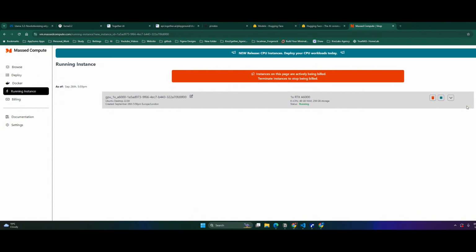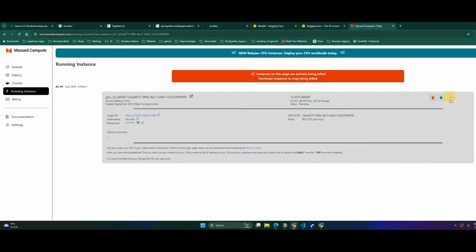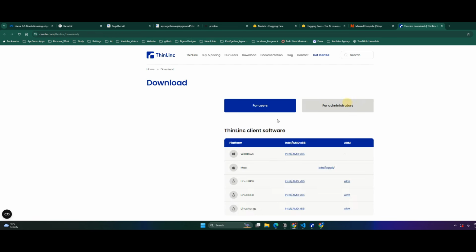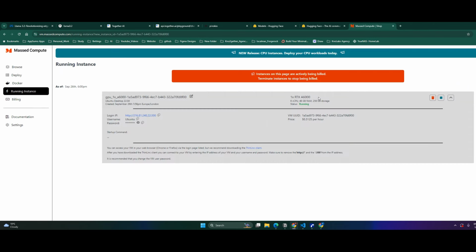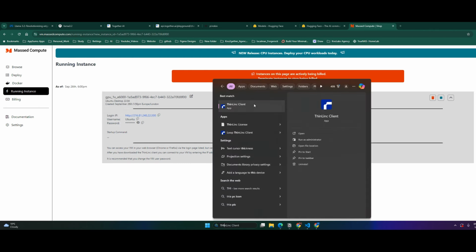Okay, so my server is ready now. As you can see, I'm just going to use the ThinLinc client to connect to it. If you haven't ever used the ThinLinc client, just click there and download it for whatever system you are using and install it. It should be straightforward. Now we will just copy our public login IP for the server and open our ThinLinc client,